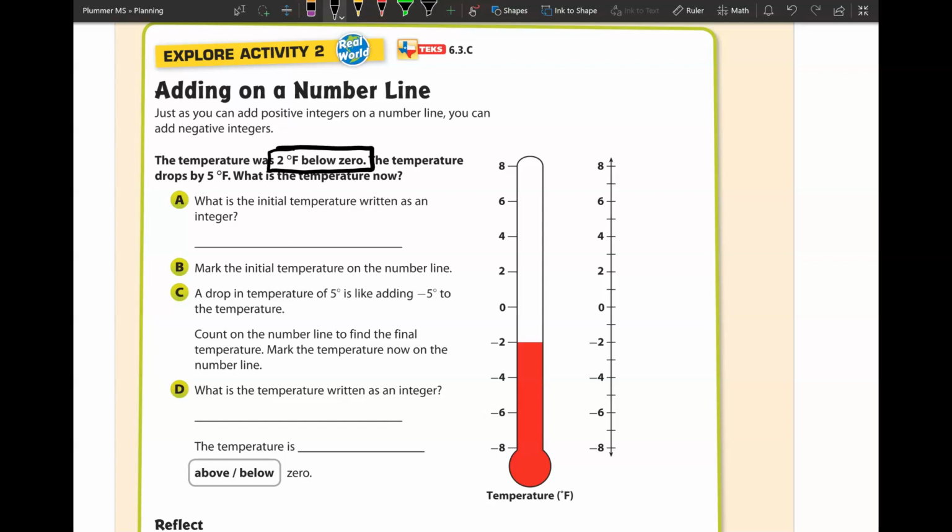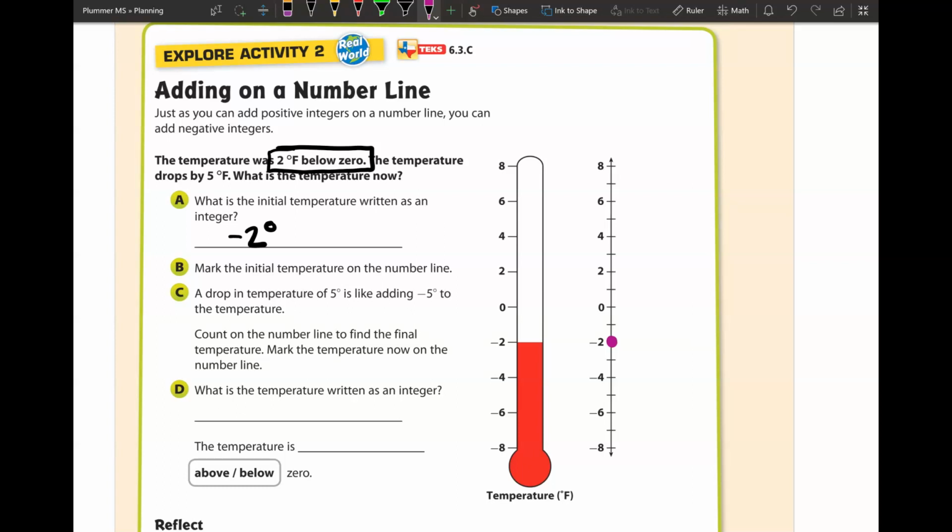So let's look at my number line. Find 0 in the middle. Now 2 degrees below. So that's 1 degree, 2. So written as an integer, I would say negative 2 and then the degree symbol. Mark the initial temperature on the number line. So I'm going to use the color purple, whatever color it is. I'm going to mark that number negative 2. Then it says